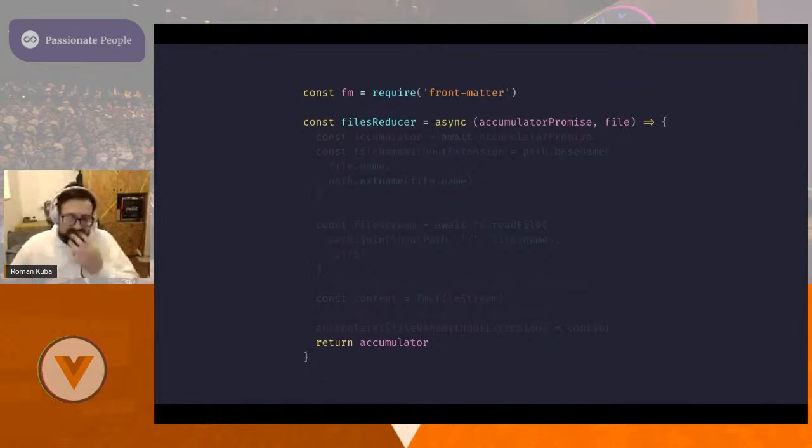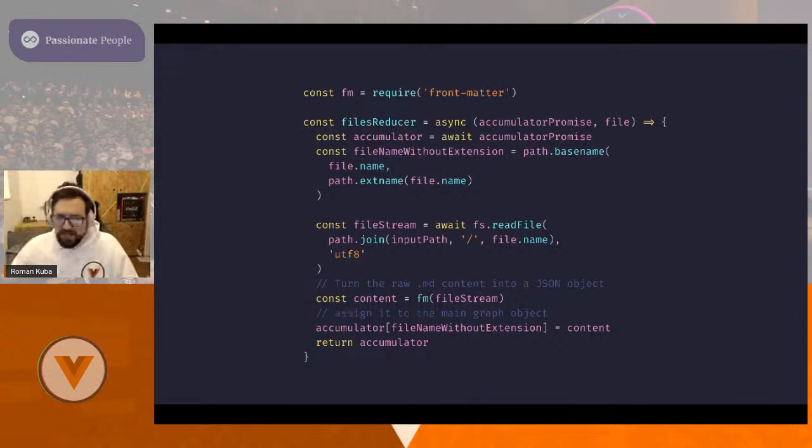So I researched a little bit. And the whole trick to this is to kickstart it with a promise, basically. So in this case, our reducer runs with an accumulator promise. So always resolve this as one of the first steps. And then we just return the accumulator again. So we just need to make sure this is again something that's promisified. That's a super weird word today for some reason. Okay. So yeah, you can just say accumulator, I wait for this promise to resolve, and then I do all the magic in here, like reading the file stream or whatever I want to do.